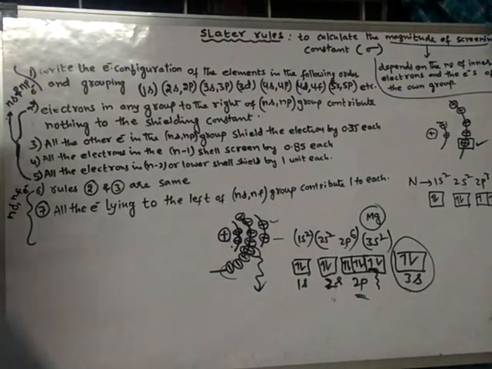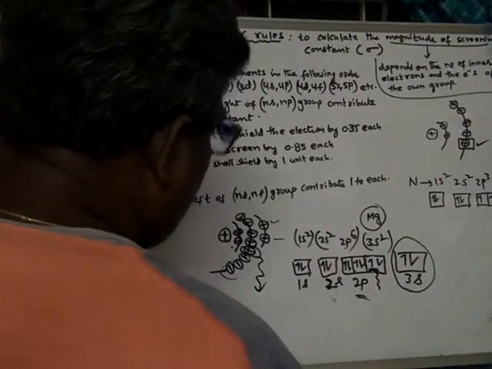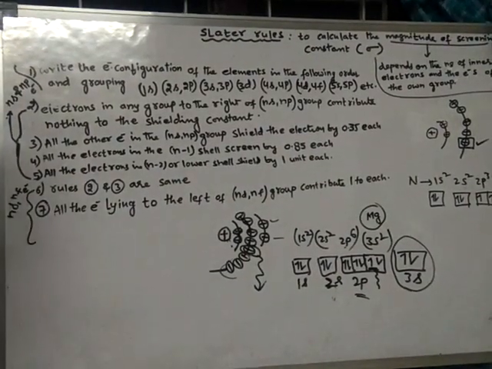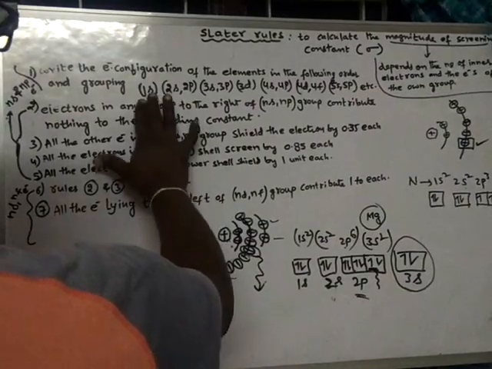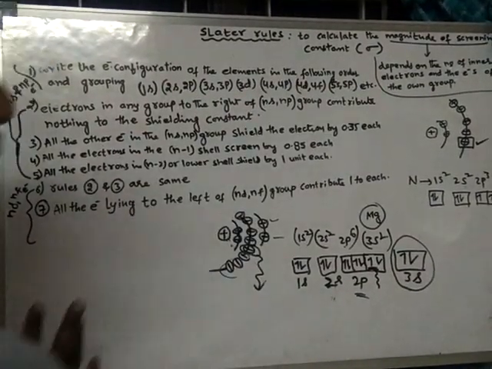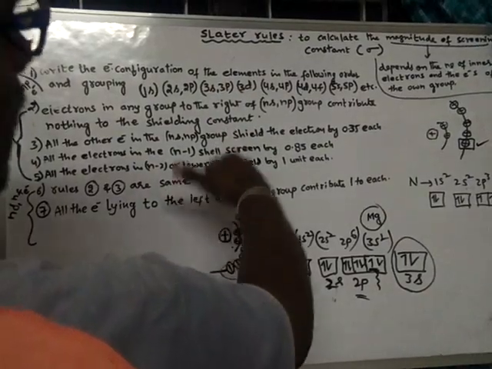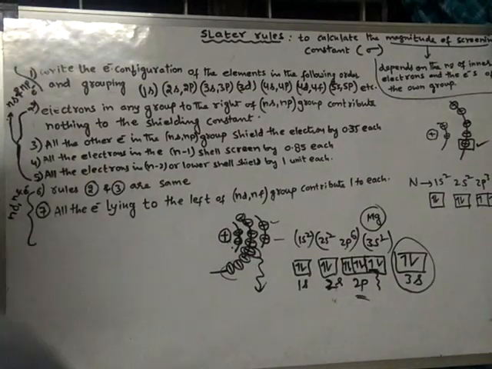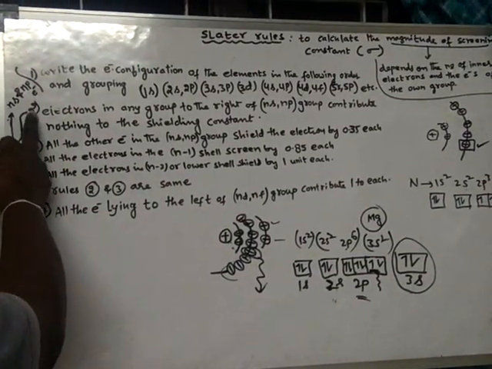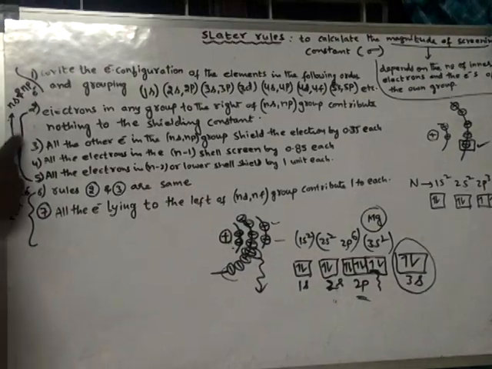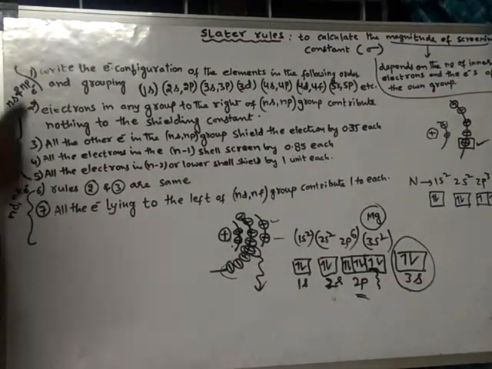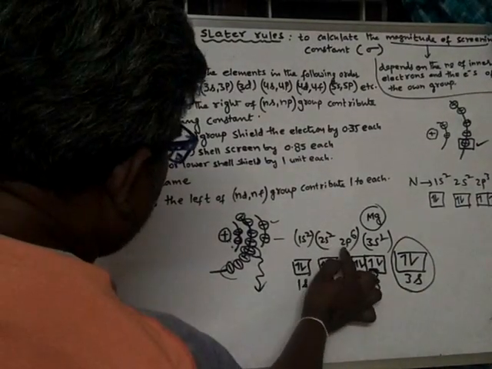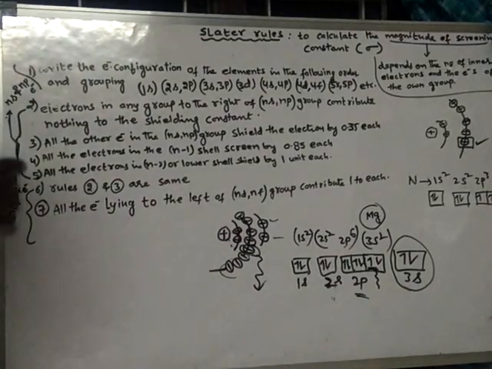Now let us see how to calculate the screening effect on this electron. In order to calculate this, we have to follow these rules. First of all, we have to group like this. I think you already understood how to make grouping, and which group is present towards the right side and which group is present towards the left side of a given group. Now let us learn the second rule. Actually, rules 1, 2, 3, 4, 5: the first 5 rules are applicable to s electrons and p electrons. For the group which contains s and p electrons, the first 5 rules are applicable.